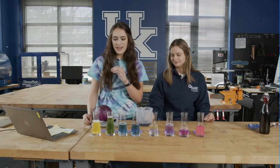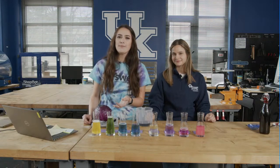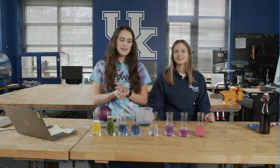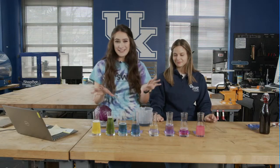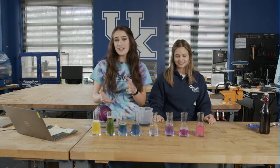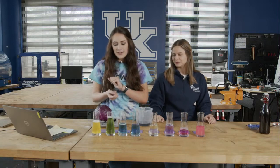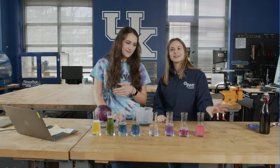These pHs kind of depend on the concentration of the solution. Most of the items you'll have in your household are going to be a little more diluted just to make them safer for everyday use. So that's why you don't see a crazy expansion of colors, and when we mix that, the ammonia is a little concentrated, so you don't see as blue as it could be. But yeah. A stronger acid would be more red as opposed to pink,